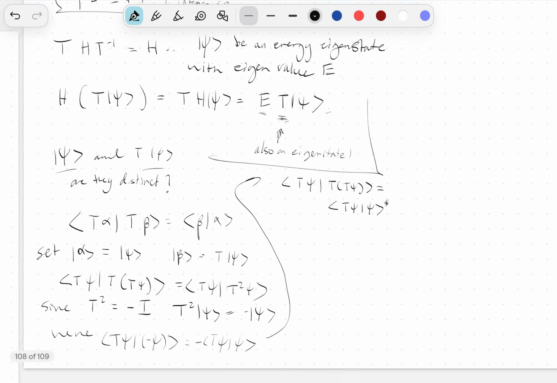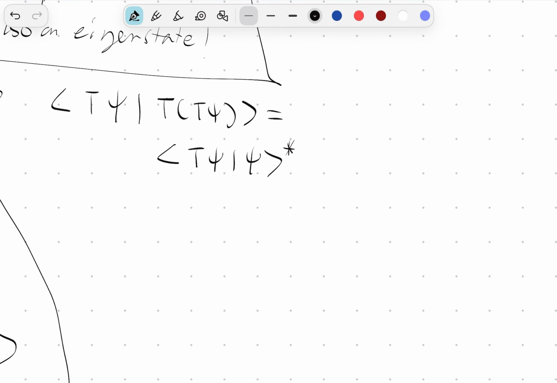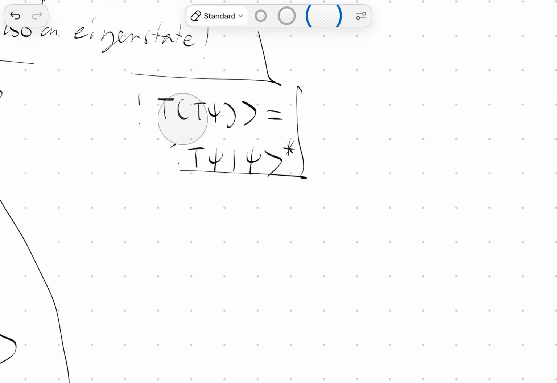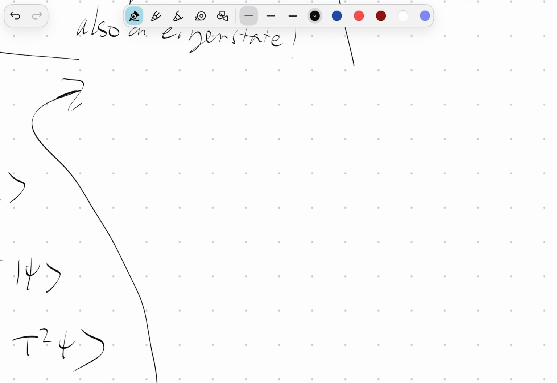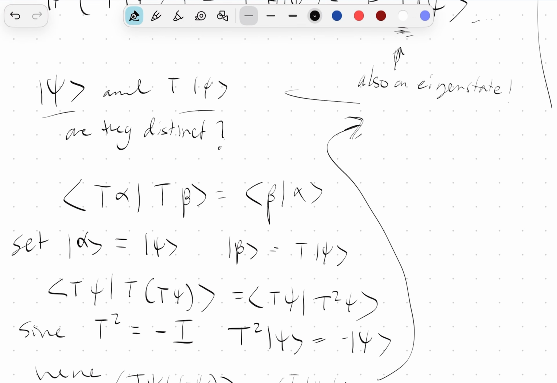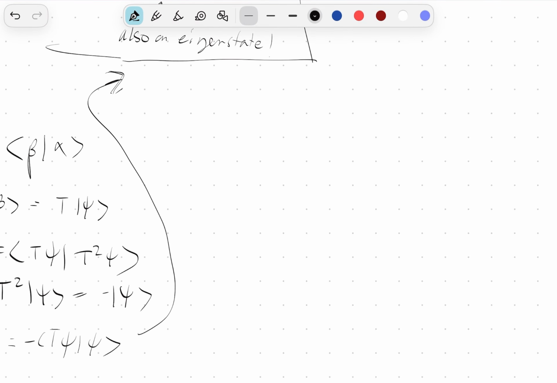Actually, there might be a more straightforward route to this. You know what? Let's do this, because I think this is going to be complicated. So what we can do instead, sorry, just to switch up on this. I don't feel like editing this out though. My mistake is that I'm not being careful with the phases of the wave function. So what I need to do is